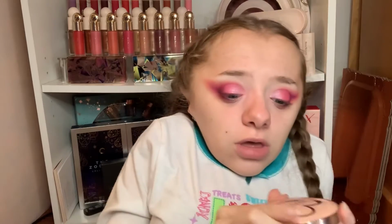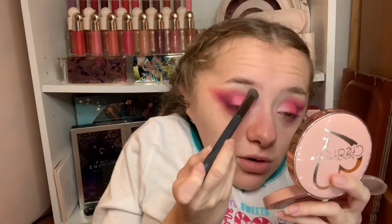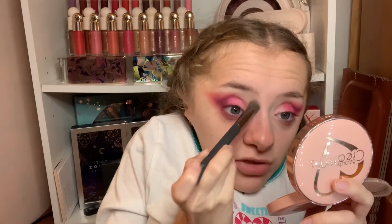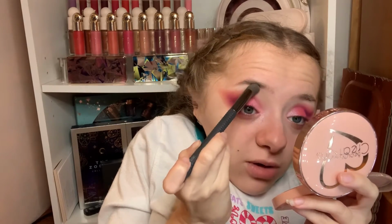So this is the Kabuki LR222 brush. And I'm also going to use the Beauty Creations Powder Foundation in the shade 5. I'm just going to go right here along the eye, and I'm just going to press. We're just making sure everything looks natural in the same color, and then we're going to go around the eyebrows